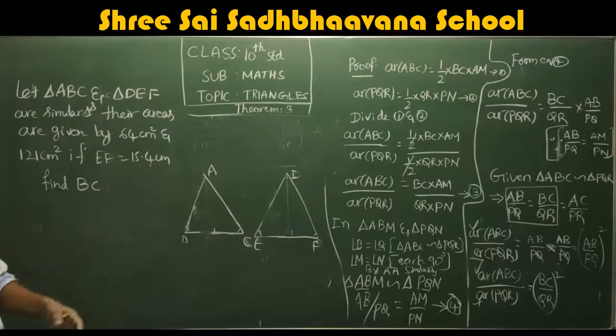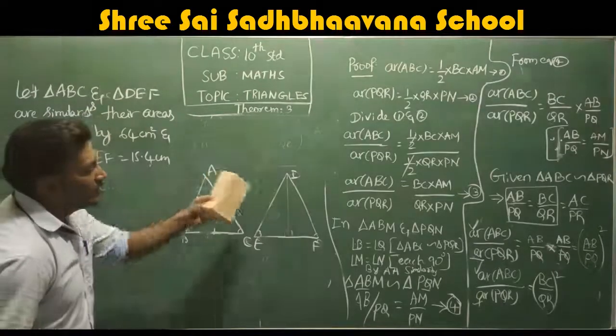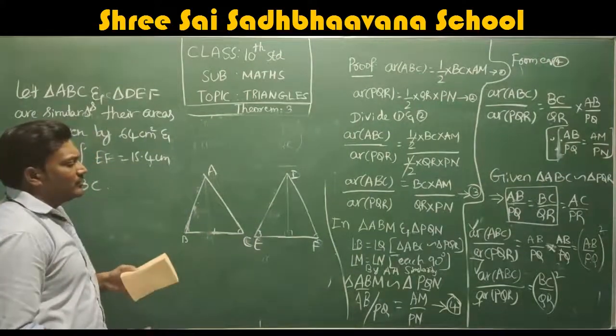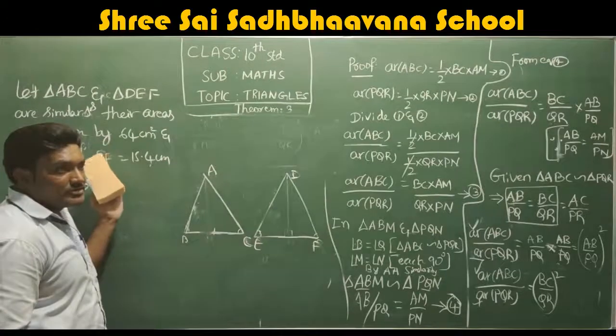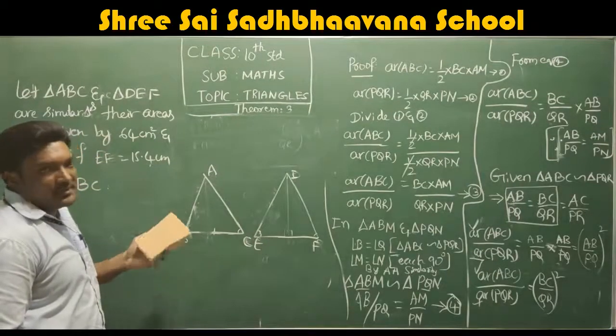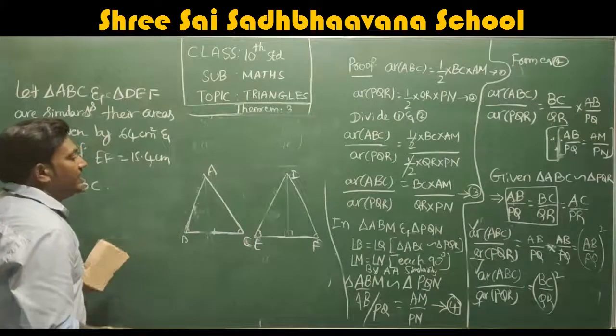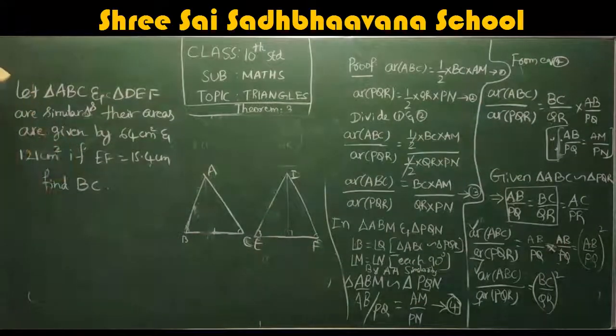I think I had given some example by taking areas 5 centimeters square and 2 centimeters square. I don't know whether you understood or not. So with this example you can clearly understand the explanation I gave. Here they have given two triangles, ABC and triangle DEF. So imagine that these two are similar triangles.